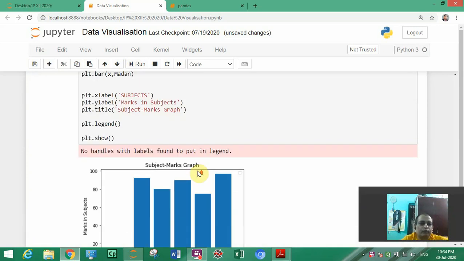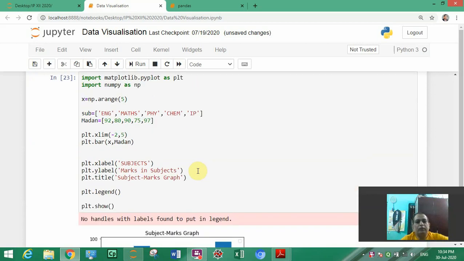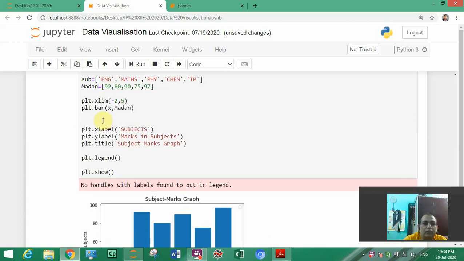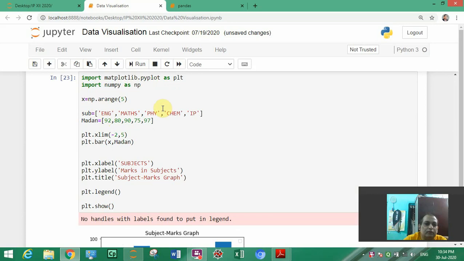Okay, a label is not very important in this. We want to show how to change the limit of the x axis, because earlier it was coming like 0.5, 1.0, 1.5, but now it is coming in 1, 2, 3. So this one can be done using the arange function. It can be done using the xlim function.